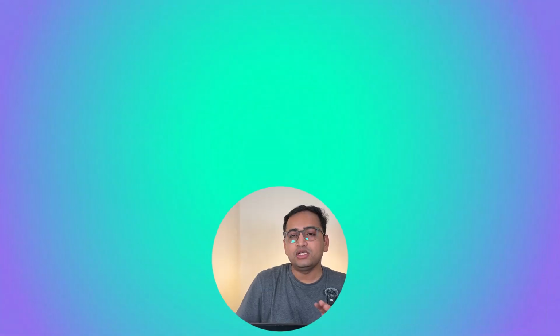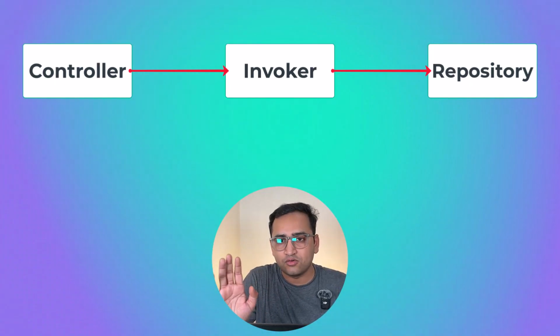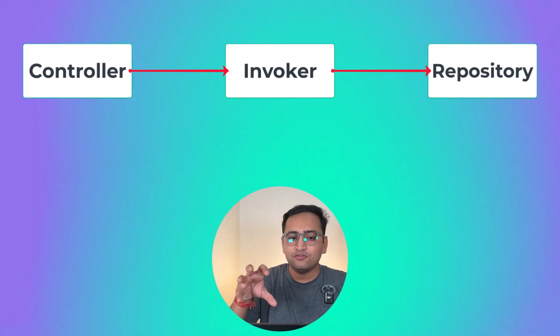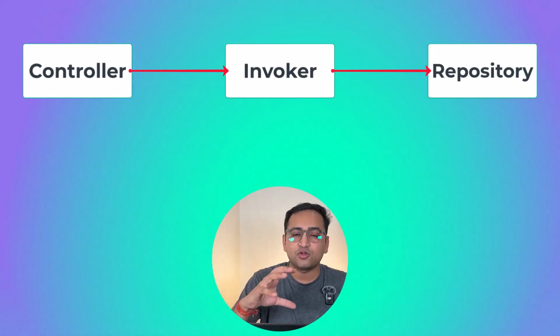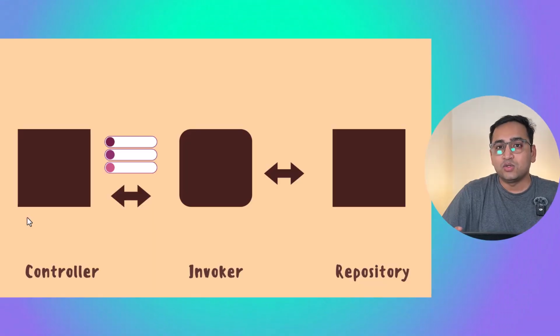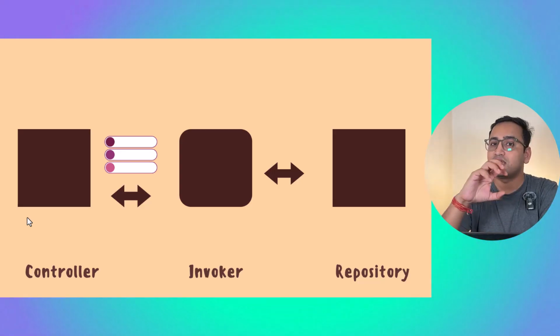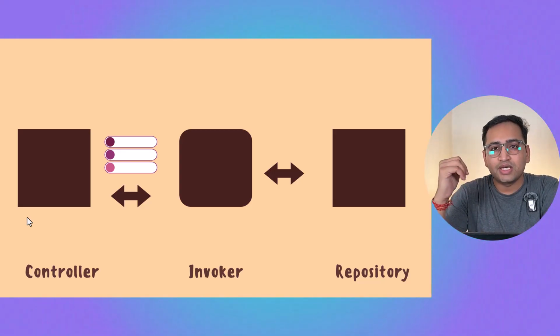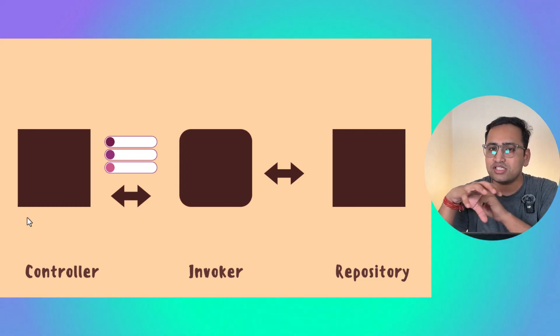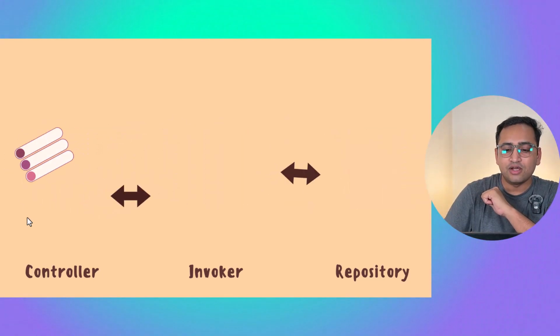But for now, just think that instead of calling this repository directly, we will have something in between which is called an invoker, and this invoker will take some commands from the client and it will execute those commands on the receiver side. Now at this point you will definitely think why we are doing this over-engineering work. We can access the repository directly, so why are we adding this extra layer? To understand this concept better, let's look at a real-time scenario, and for that we will have to go to